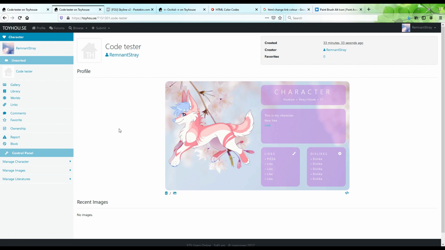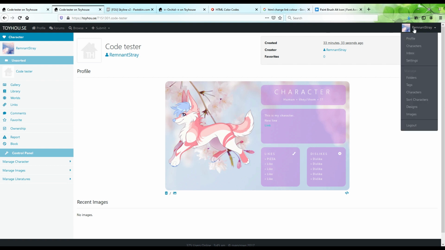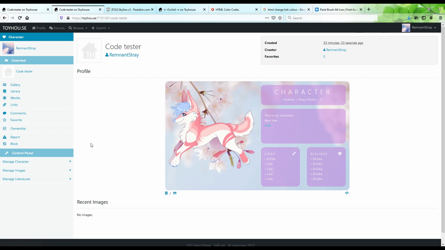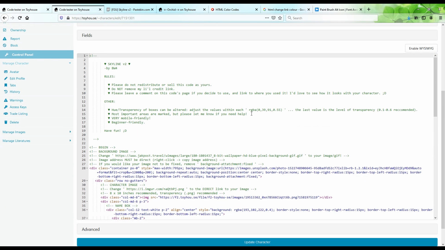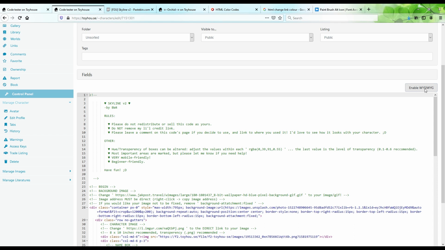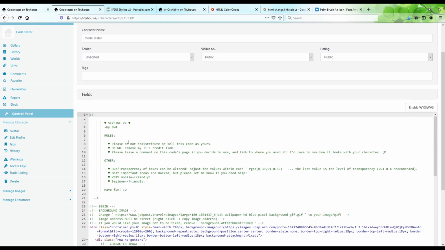And that is the basics of how to code a character. And you can use this for your profile as well. If you want to code your profile, you just hover over your name on the top right, you go down to settings, and then you go to profile content. And in there you will see the same editor as I've shown you here. You just make sure you've got WYSIWYG disabled,